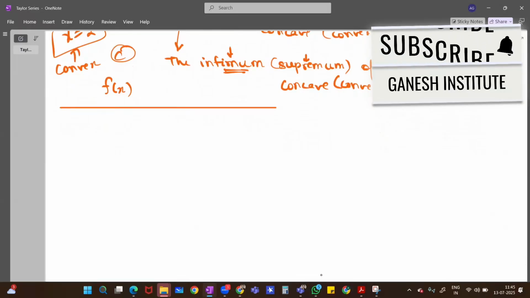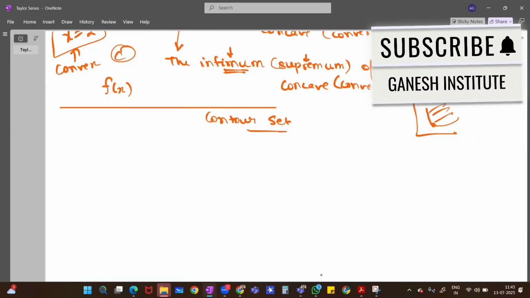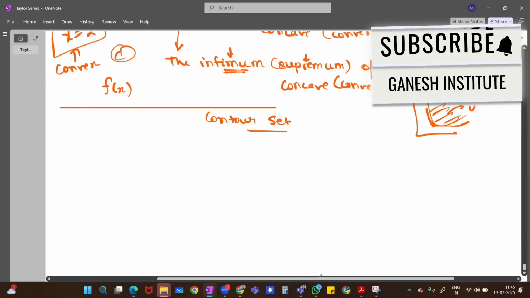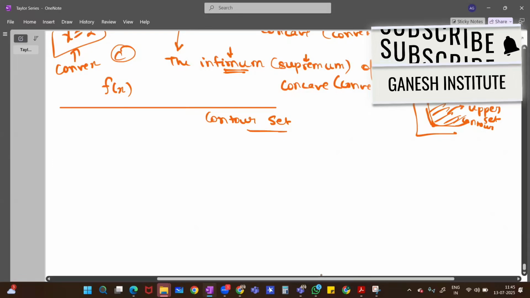And that is contour set. By now, we have talked about a single point. What about if we are having the limit, the whole boundary, the shaded region of inequality? Let's say this is the curve. So this is my upper contour set. All set of all those values. Upper contour set. And then if I have to find out the lower one,